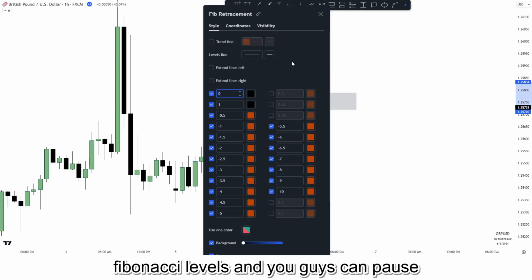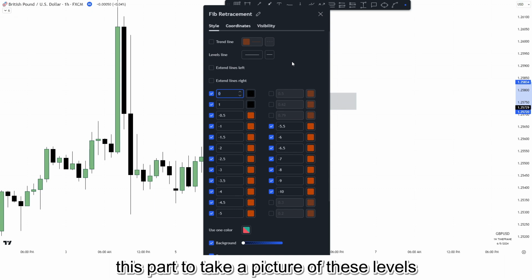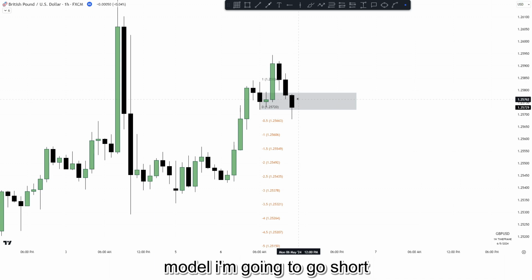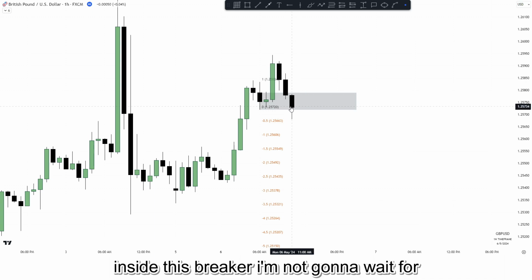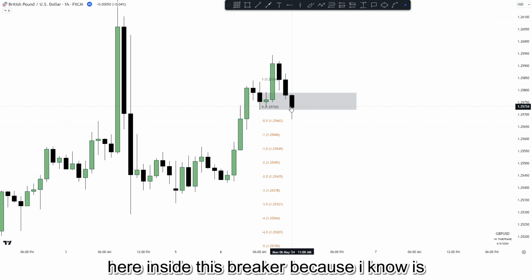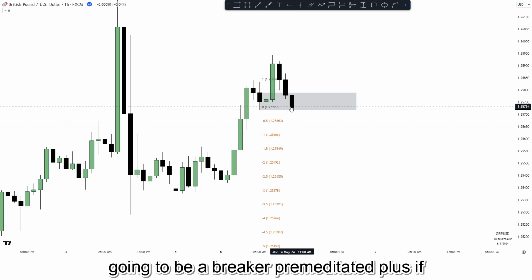And you guys can pause this part to take a picture of these levels. So I can identify this breaker as an entry model. I'm going to go short inside this breaker. I'm not going to wait for retracement. I'm going to take a short right here inside this breaker because I know it's going to be a breaker